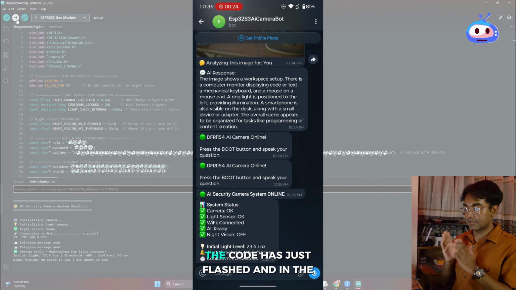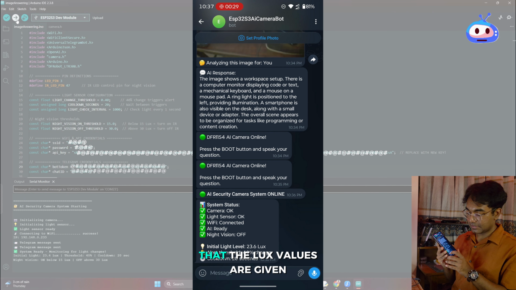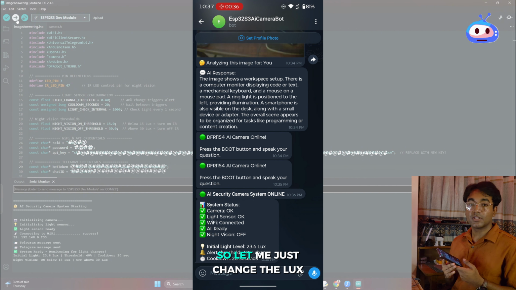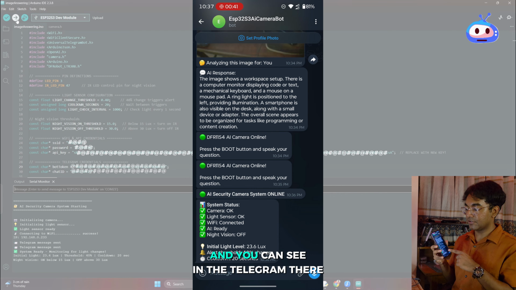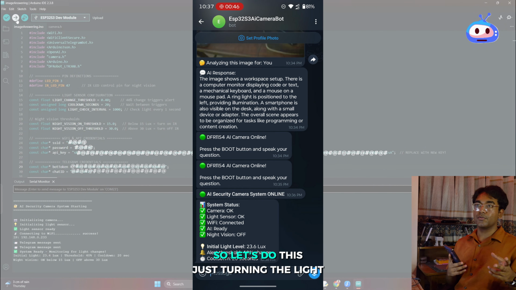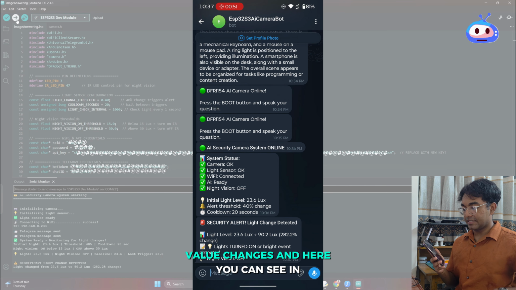So the code has just flashed, and in the Telegram you can see that the lux values are given. Now there is 23.6 lux and the threshold value is 40%. So let me just change the lux value of this room by turning this light on, and you can see in the Telegram there will be a picture and the analysis of this picture. So let's do this. Just turning the light on and the lux value changes,